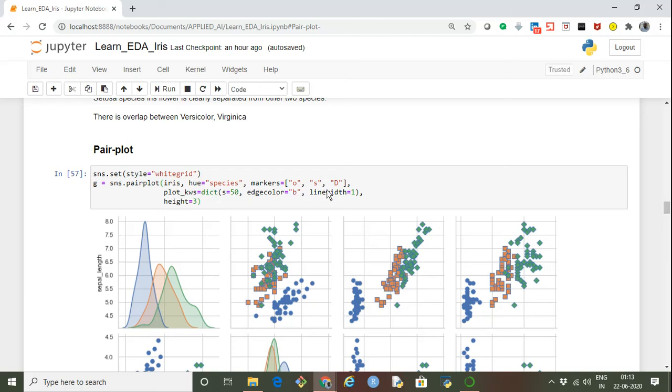I'm using three markers: one is for circles, one is for squares, and D is for diamond. And the KDE graphs we are seeing are colored using blue edge colors, and line width equals 1.